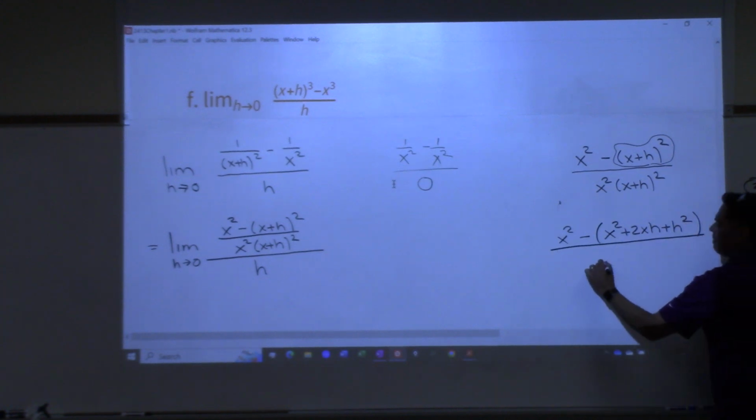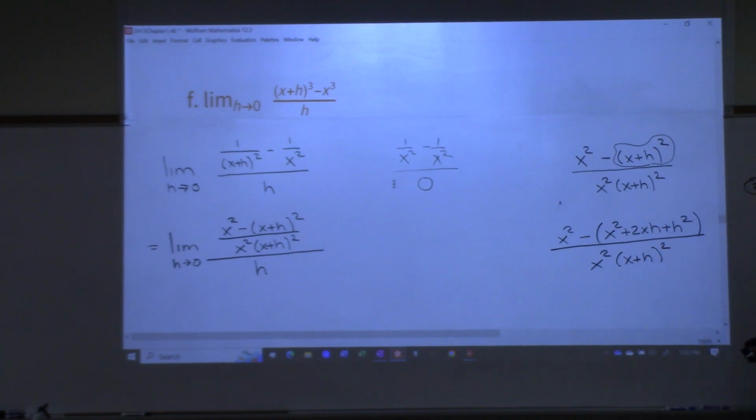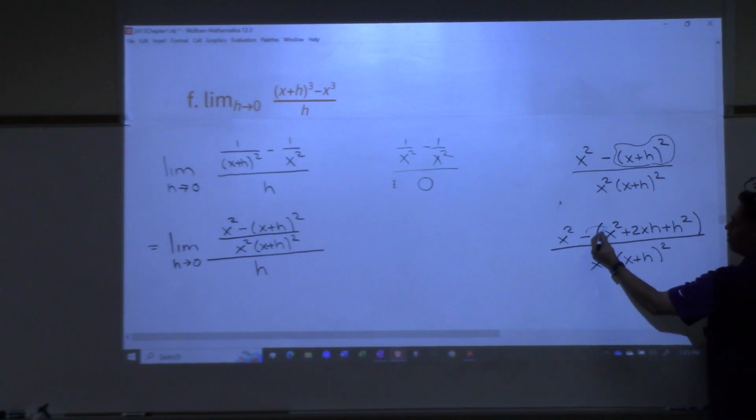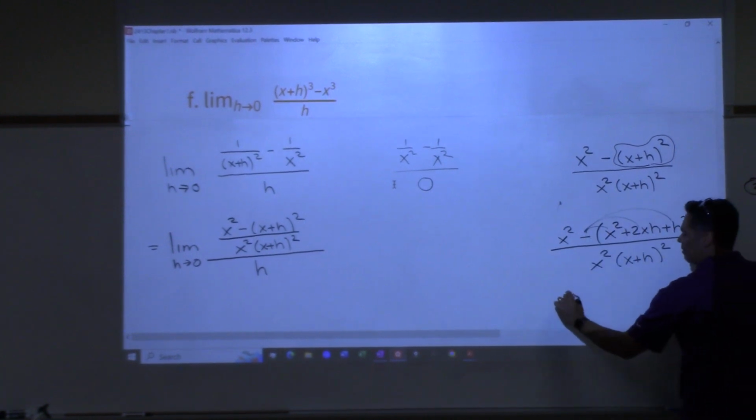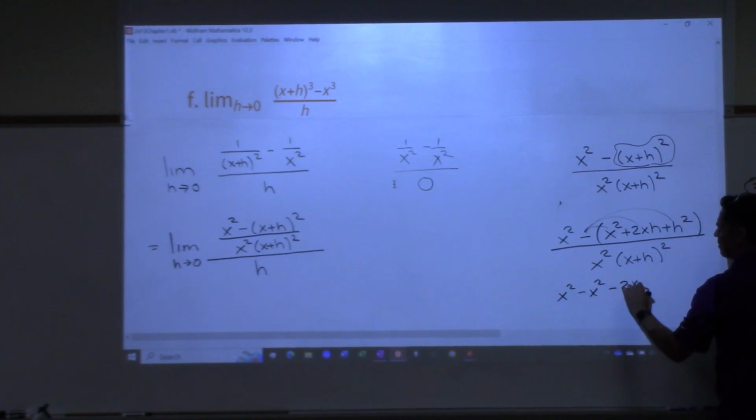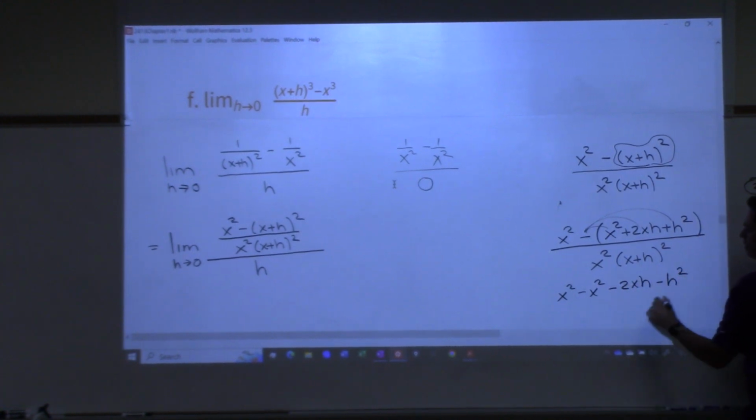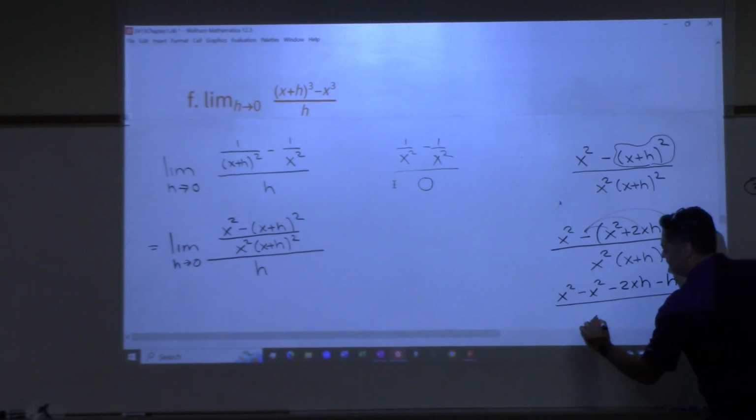Then all of that divided by that common denominator. And good things are about to happen, right? Because if you distribute this negative through, you'll now get x squared minus x squared, those are going to go away, minus 2xh minus h squared, all over your common denominator,